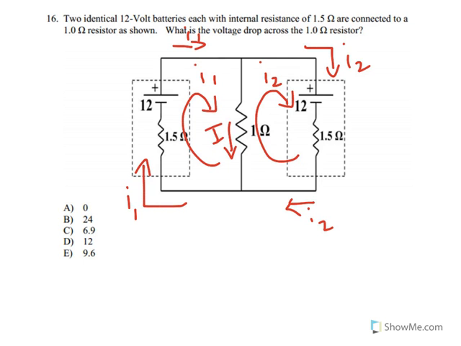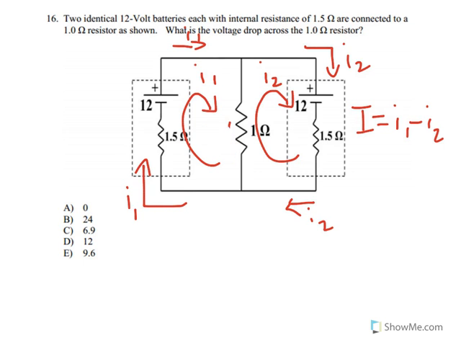So what is this current? This current is actually I1 minus I2. The reason why big I is I1 minus I2 is because we're assuming that the magnitude of I1 is greater than I2. So the net direction of the current would be going downwards. So the next thing we would do,